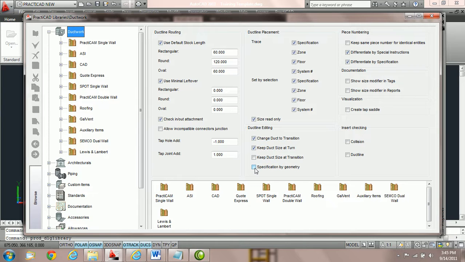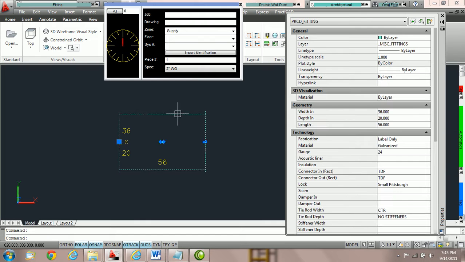However, in this tutorial, to explain what it does when it's unchecked, we're going to leave it like this for now. We're going to exit out of my library and take a look at the fitting we have on the drawing. Notice that this fitting is in the 2-inch water gauge specification, and for this tutorial, that specification calls specifically for TDF connections on the in and out. The way specifications work inside PractiCAD is once you give a specification and assign it to a piece of duct, that specification is active 100% of the time, which means that when you go to edit the duct, PractiCAD will